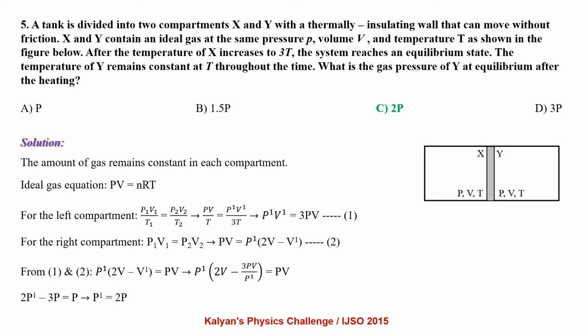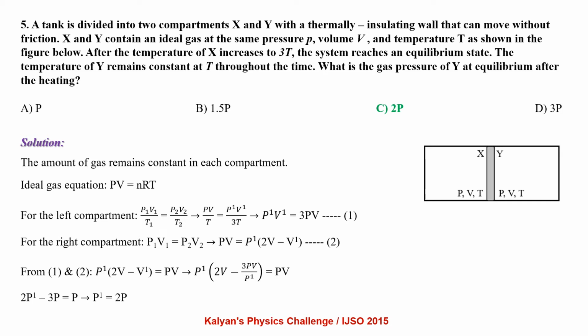Applying ideal gas equation PV equal to nRT, for the left compartment P1 V1 by T1 equal to P2 V2 by T2, that is PV by T equal to P dash V dash by 3T, which gives us P dash V dash equal to 3PV. For the right compartment, temperature remains constant, so we can apply Boyle's law, P1 V1 equal to